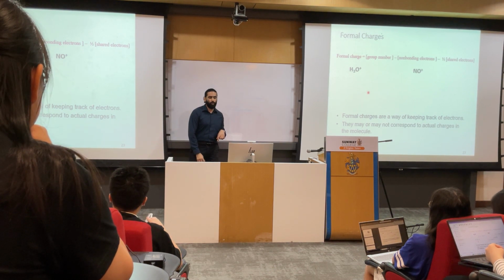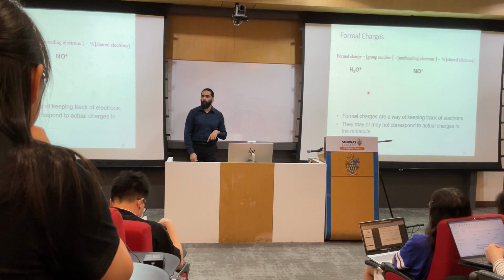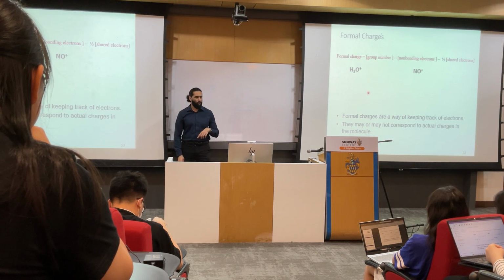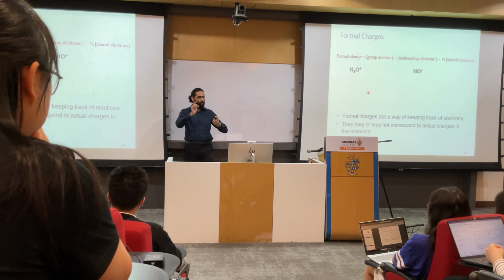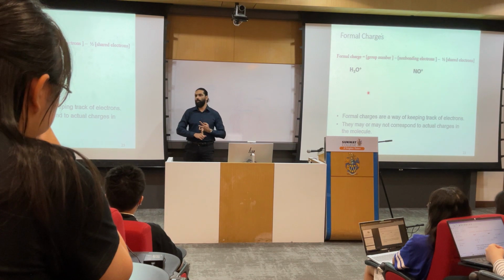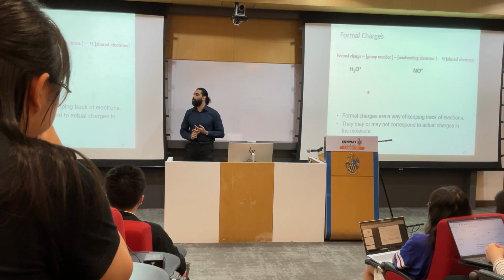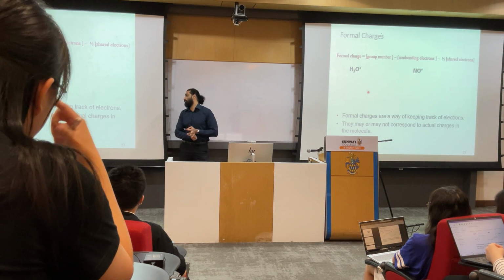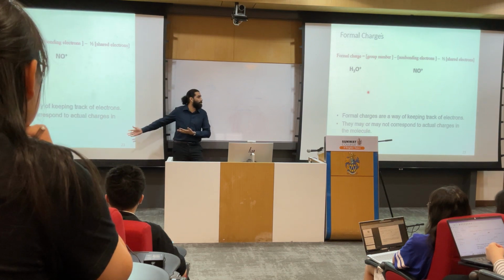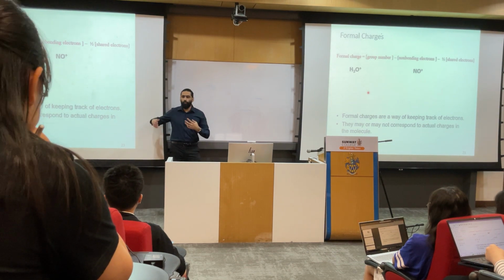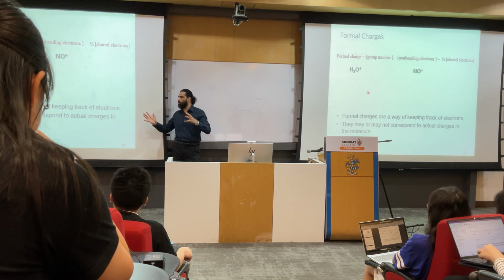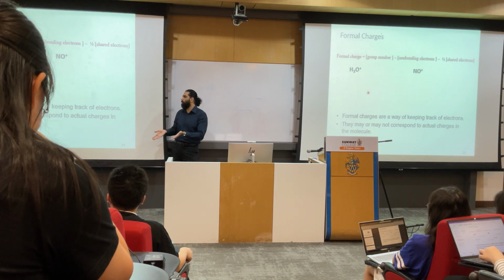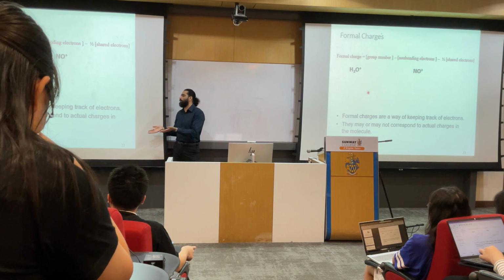Yeah? But yeah, this is how it goes. Formal charge equals group number minus non-bonding electrons minus half of the shared electrons. So how do you get these values? All these values of group number, non-bonding electrons and shared electrons, you can get if you know how to draw the Lewis structure, which we just learned now. Right? So for any given question, you will just draw the Lewis structure, and from there you can tell how many bond pairs are there and how many lone pairs are there.